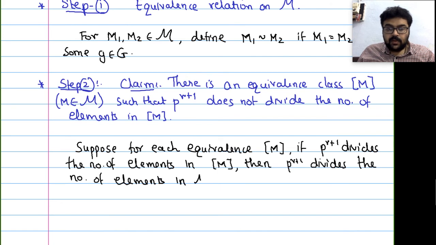So it divides the number of elements in script M, but by the above lemma it is